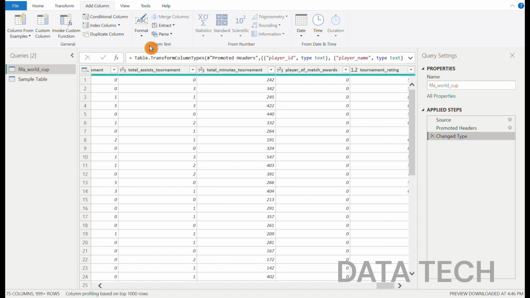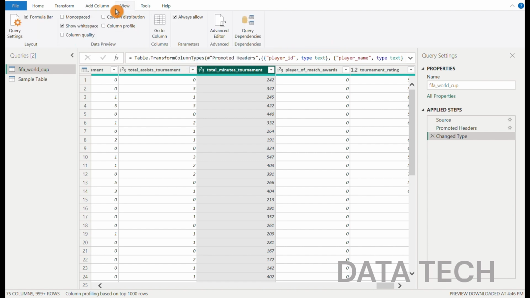And here also, from text, from number, from date and time: if we want to do any add column operations on text, we have to come here and, based on the requirement, change the text. If we want to perform add column operations on numbers, we have to select the number field, and automatically it will be enabled, and we can select them. Same for date and time. And here, one more